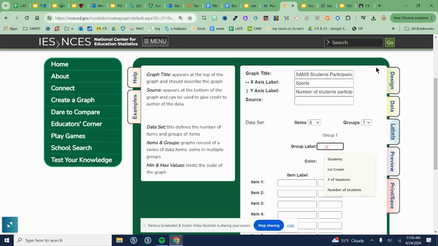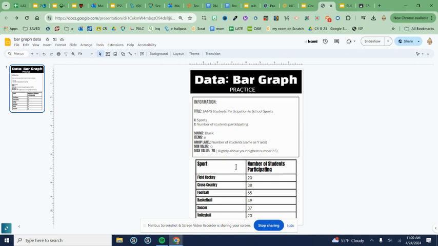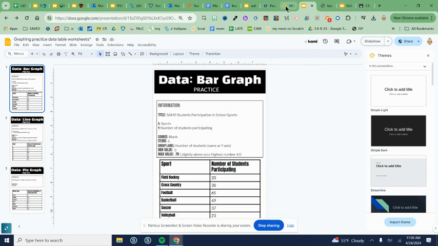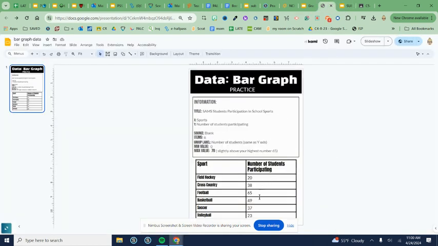Okay, group label is going to be the same as my Y label, so it's number of students participating in sports. Then for the data, I'm going to go ahead and, from the worksheet, enter in items the 6 different sports. So I'll do that. And if you need to pause while you do that, that's fine. I have mine saved, so this will be really quick for me. You'll type all those in. Values is how many people are playing each sport. So the 20, 38, 65,